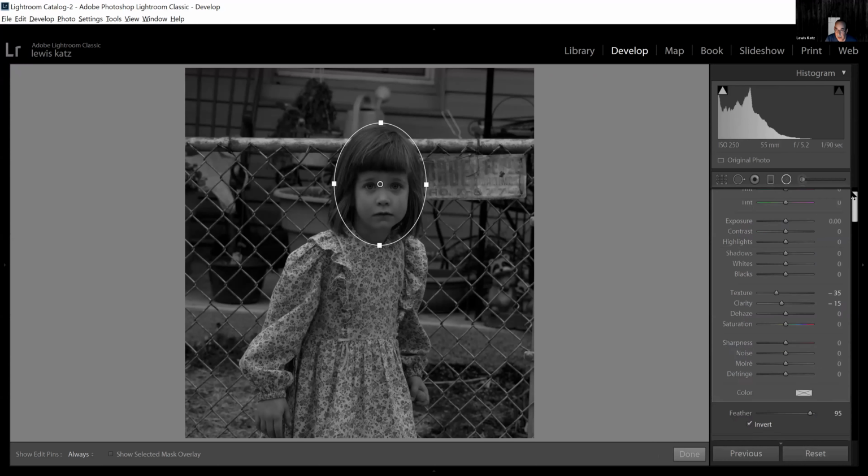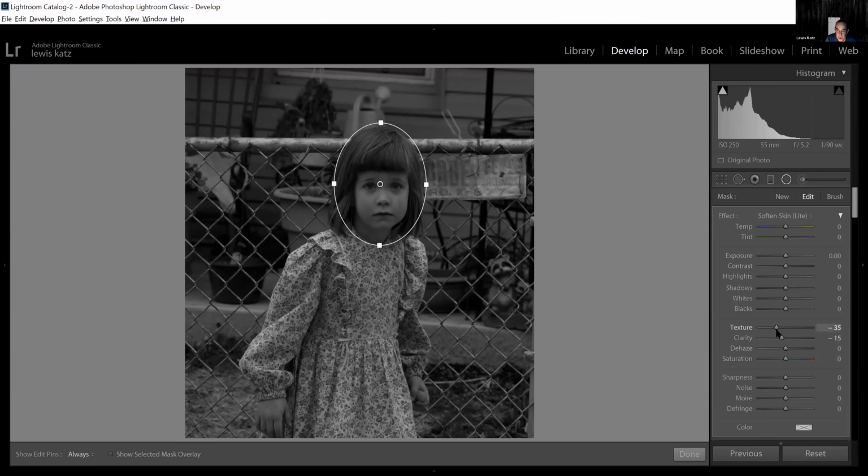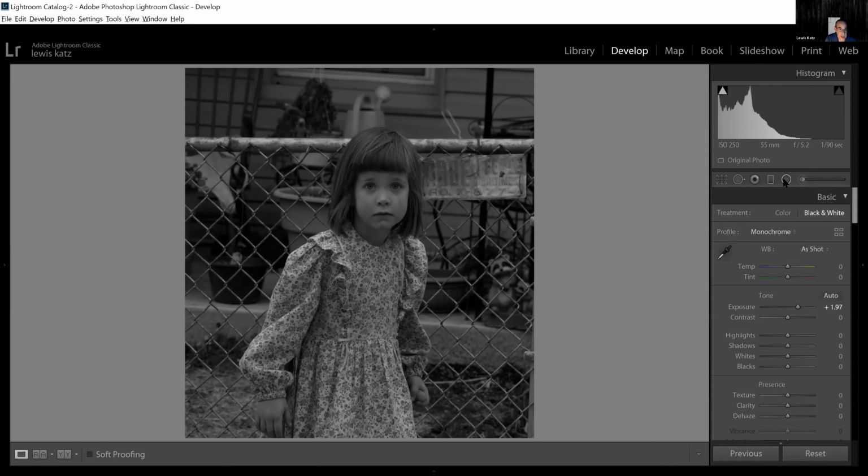In this case, I am going to increase a little bit of texture on her face. I'm going to increase the clarity a little bit. Dehaze is another new feature that I'm getting used to, but in this particular case, it really helped me give the quality to her face that I wanted. I usually do these kinds of adjustments before I go back and look at the histogram and see whether there's another more global adjustment I need to make. So I'll stop there with her face, take that off,